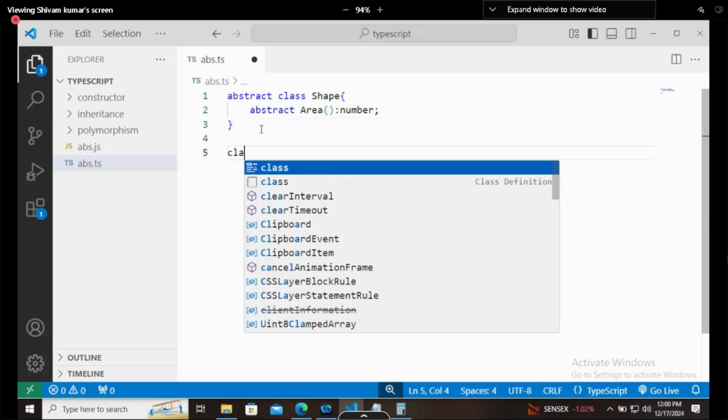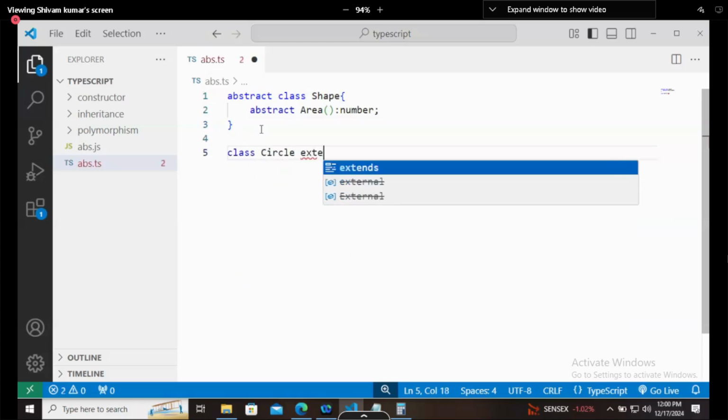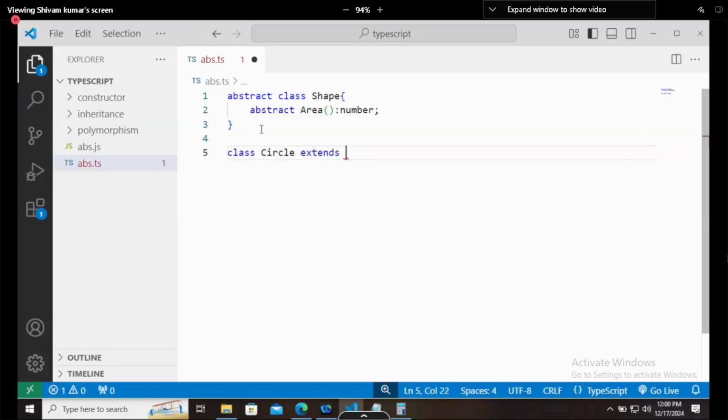There will be a class Circle which will extend the class Shape. Why do we use extends? For inheritance, right? It means this Circle class will inherit all the properties of this abstract class Shape.